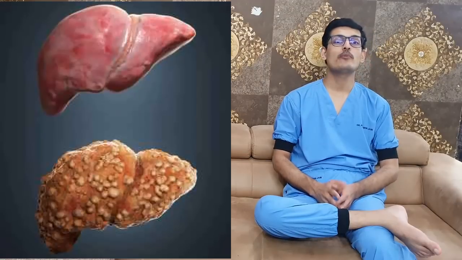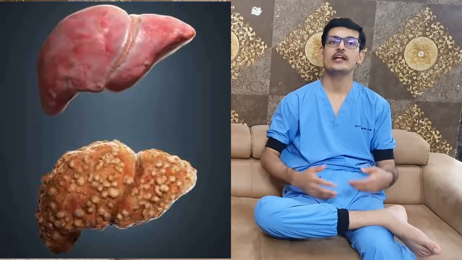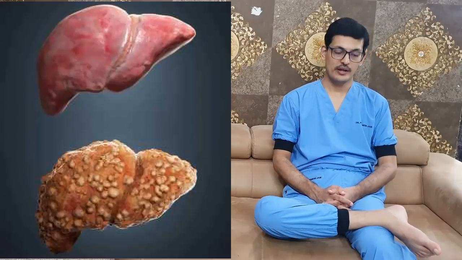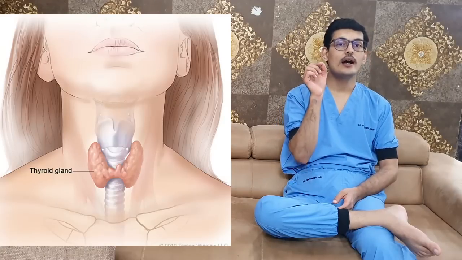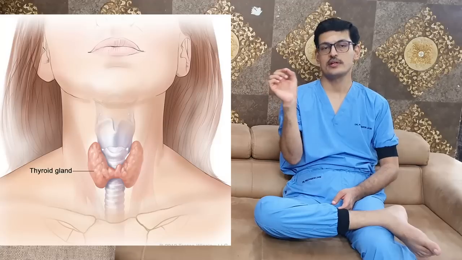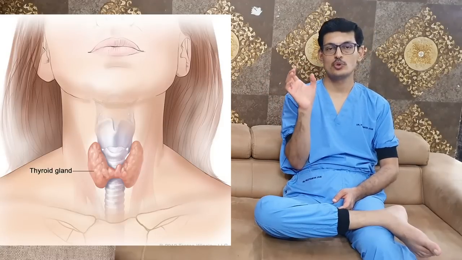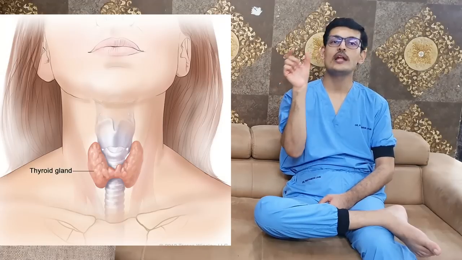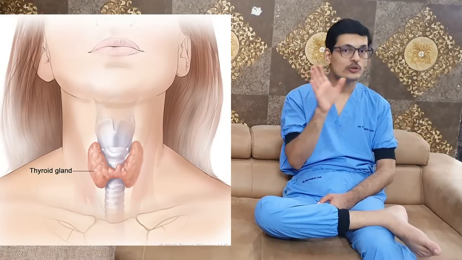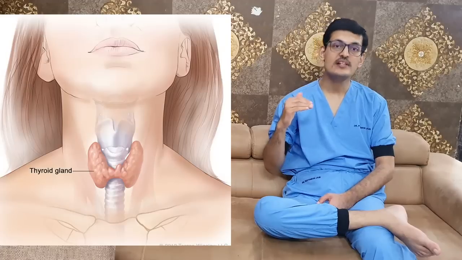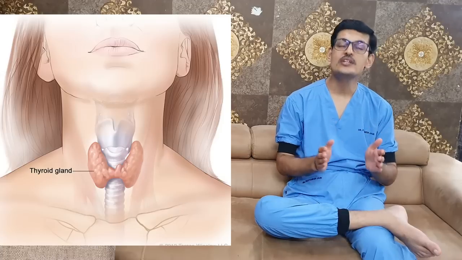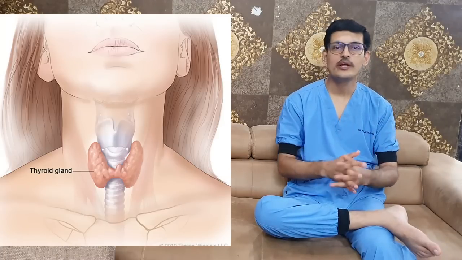Also, if you are suffering from any liver disease like hepatic failure, a chronic hepatic failure, then also you may have swelling in your ankle region. Specifically, if you are having a thyroid deficiency syndrome like hypothyroidism, that means that if your thyroid levels, the T3 and T4 levels, are low or normal, but your TSH levels are high, then in those circumstances also you may have increased swelling in your foot and ankle area.